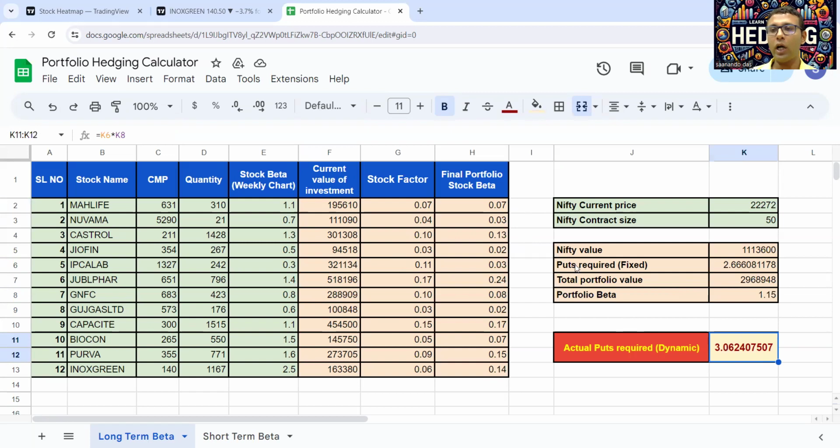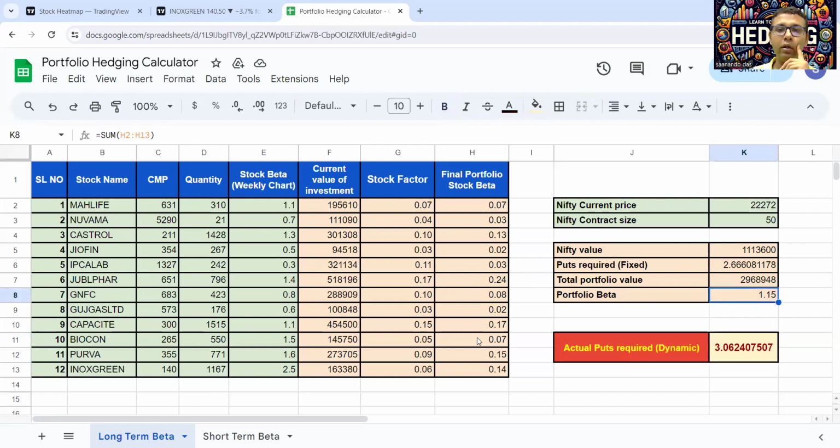If weekly chart हमारे हैं, if weekly chart which is a bit long term, आप थोड़ा short term volatility से you are not bothered about. अगर ऐसा case है, you are a bit of long term positional player, then yes, you can go for the weekly. सपोज अगर आपको लग रहा है कि एक महीना बहुत वोलेटाइल रहेगा, this coming 1.5 months, then you should go for the daily chart and do the same analysis. So 3.06 या तो 3 पुट लेने से आपका पोर्टफोलियो बेटर हेज होगा।